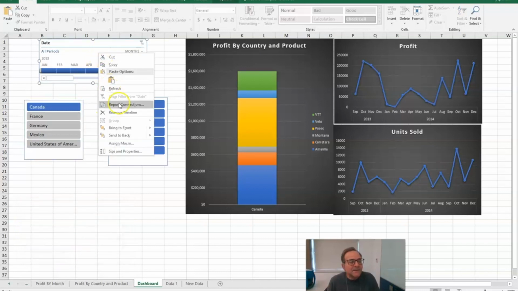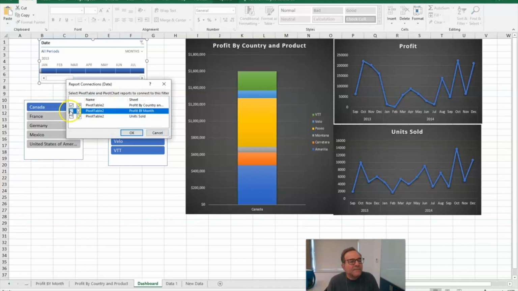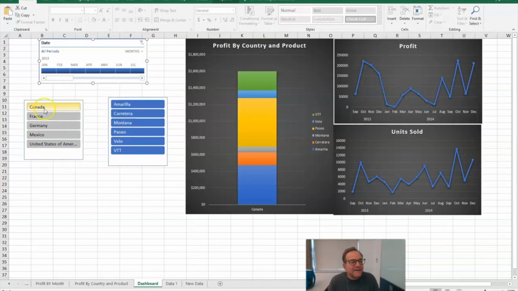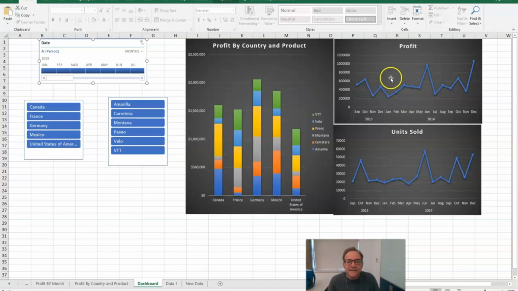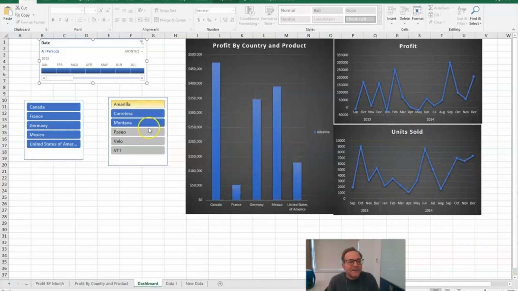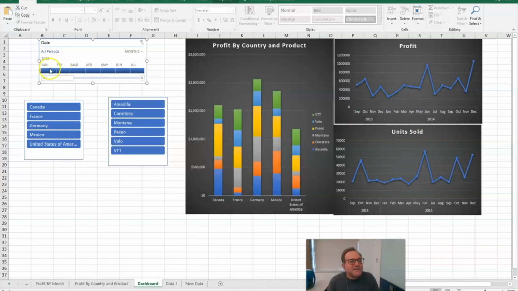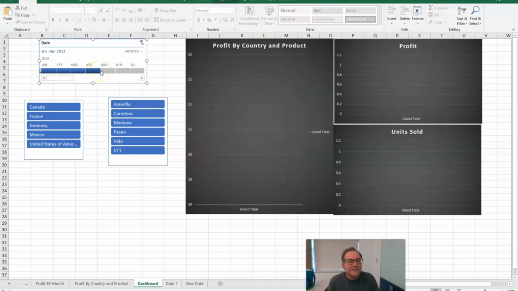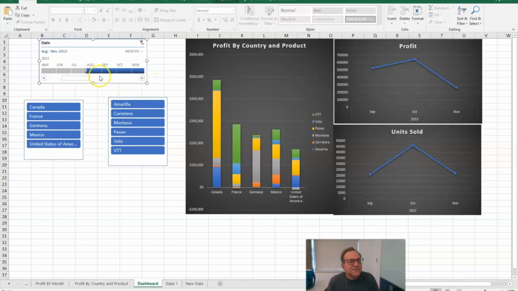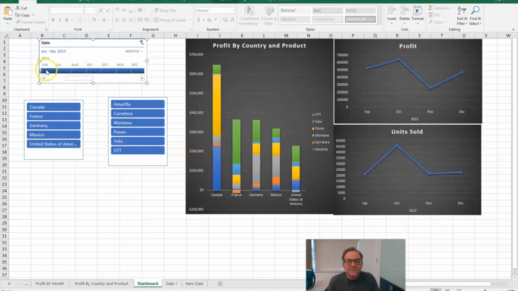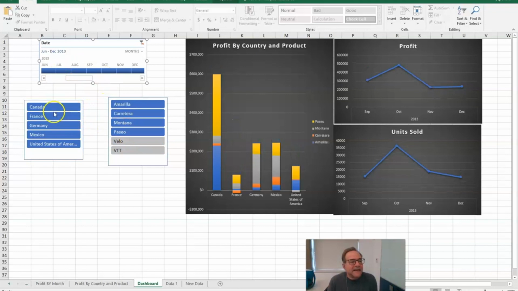Let's do it also for the timeline. All of these work the same way. Okay, so now that they're all connected like that, if we bring in all of them, you'll see that they all reflect that change. We want to see just one model of car, and we got that. You want to see all of them again. You want to see a certain quarter or a timeline here. You got to make sure, obviously, that there were sales in that timeline. You may not see it. So you want to see a certain time frame in there. You can isolate the time frame to show you different levels of time in there. And again, basically anything you want. It's totally interactive, the dashboard.